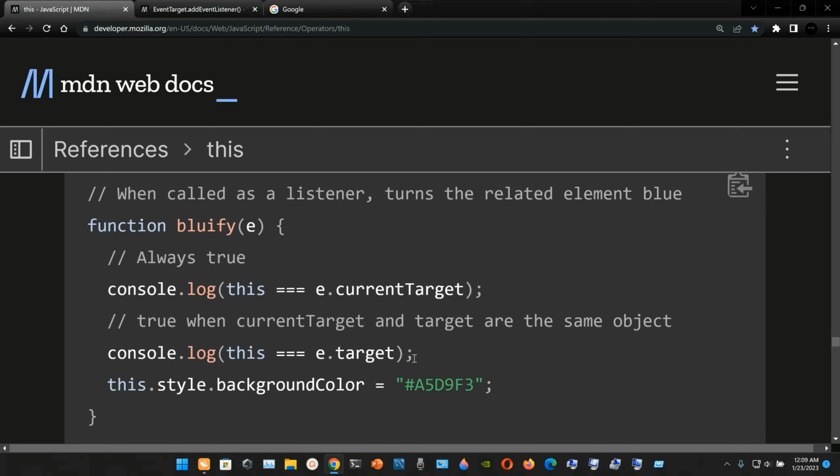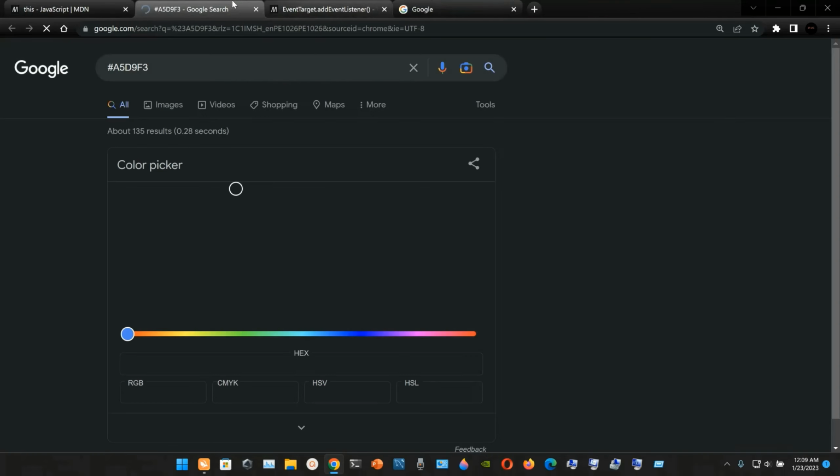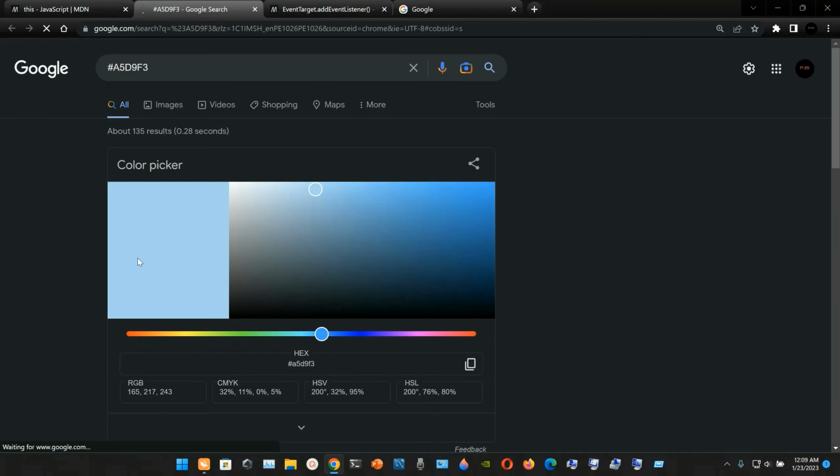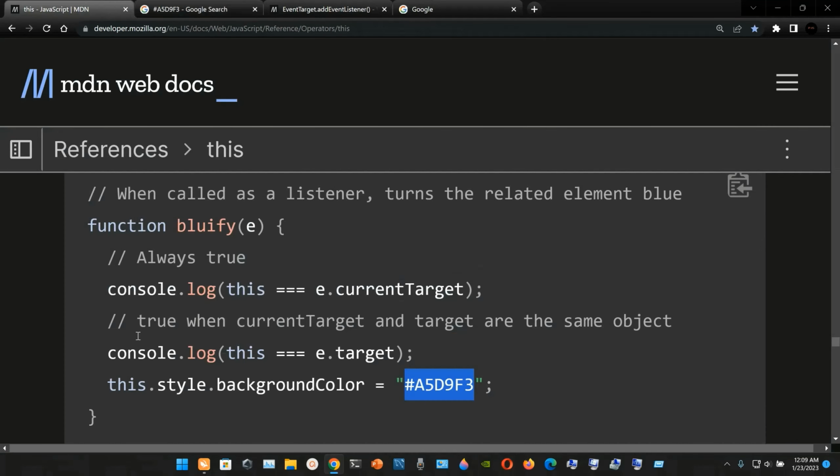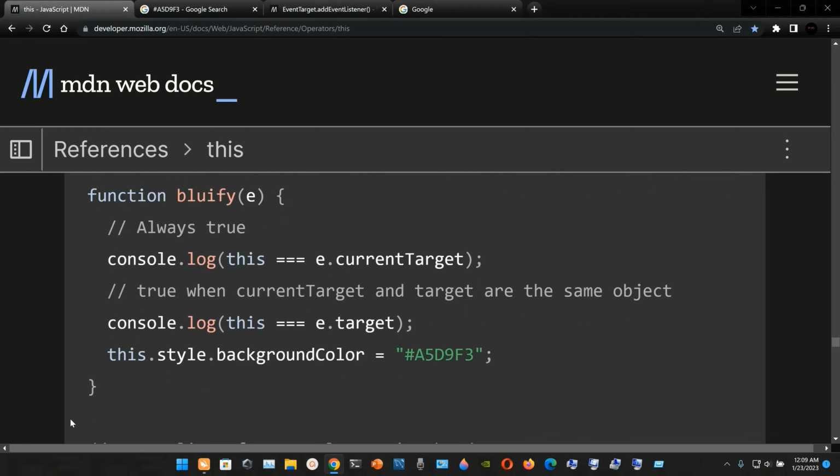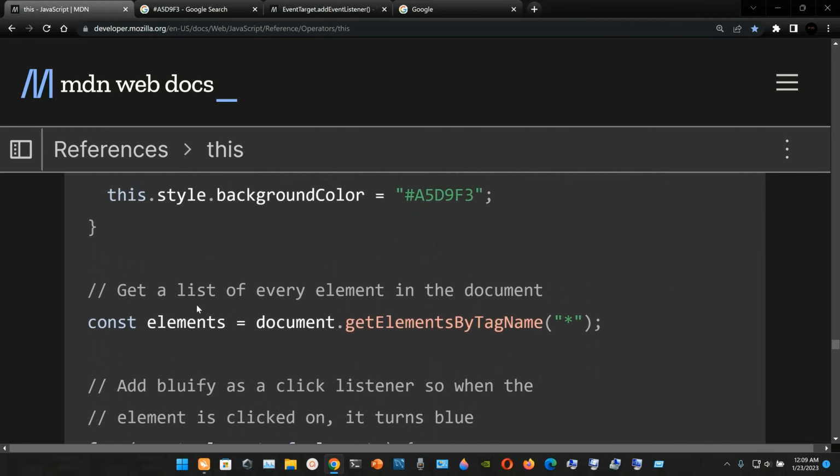We end up with a semicolon, and now we're going to use this.style.backgroundColor, and we're going to change it to this specific color. It's kind of like a blue. So we close the curly braces of the function bluify, and now we're going to